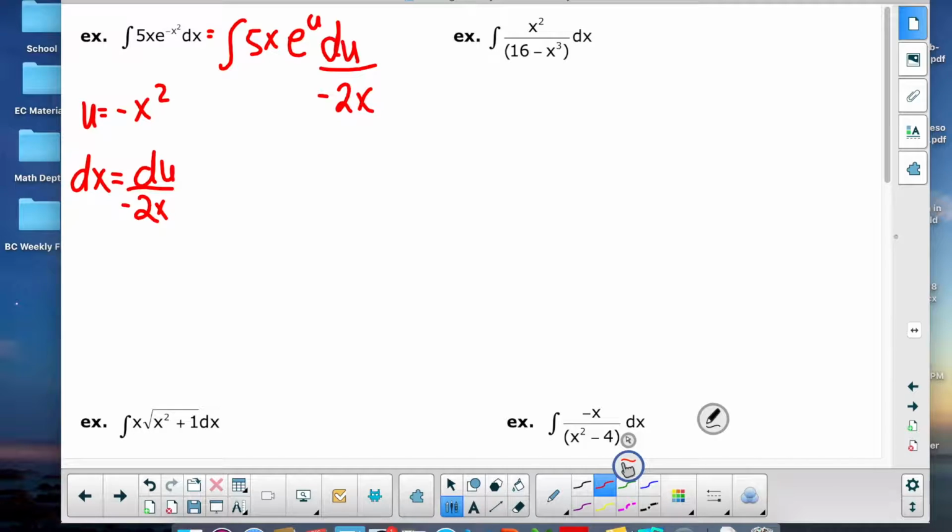Okay. Can I simplify this? Yes. What's going to cancel out? Yay, for x's canceling out. We want that to happen in this process. And then what is my new coefficient now? 5 over -2, -5 halves, whatever you want to say. Both of those are correct. So I'm going to pull it out of my integral, because I have a rule that allows me to do that. So what is the integral of e to the u? E to the u. As simple as that. So this becomes